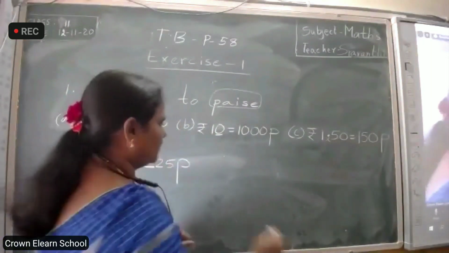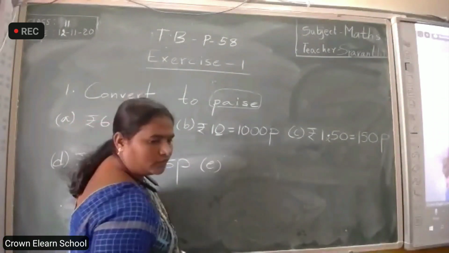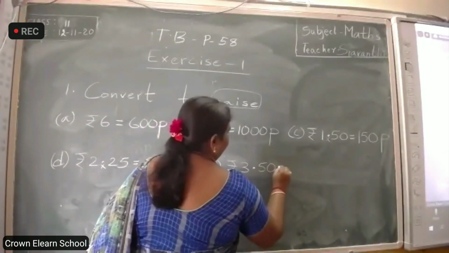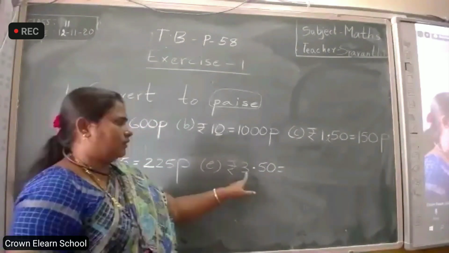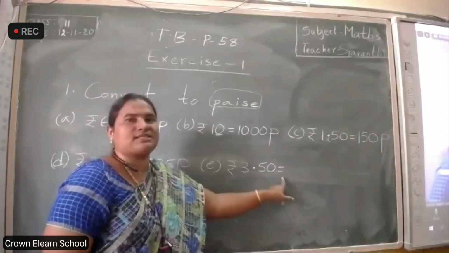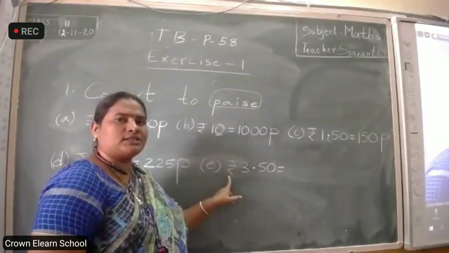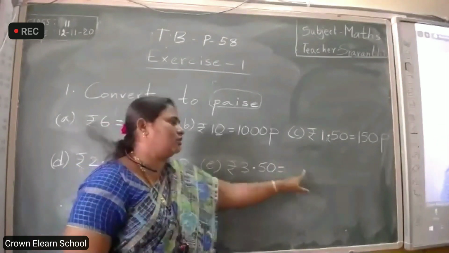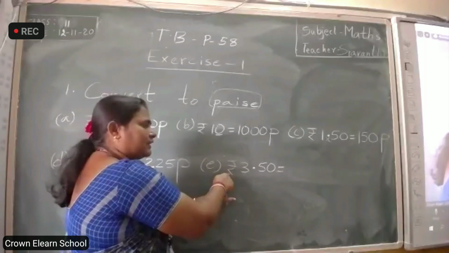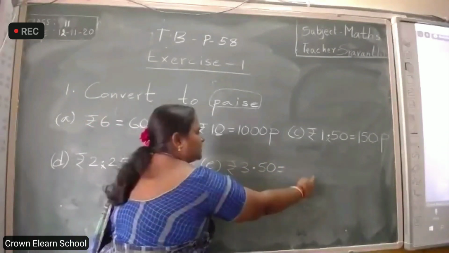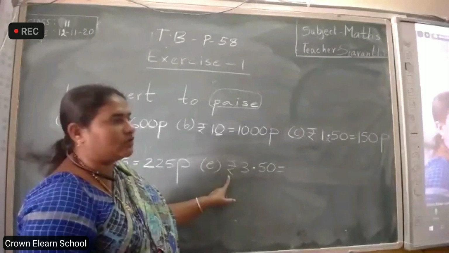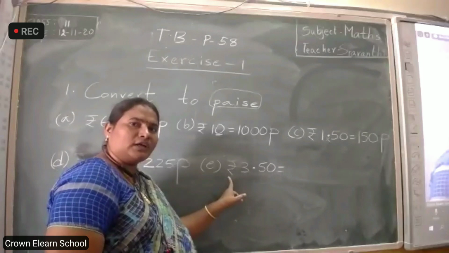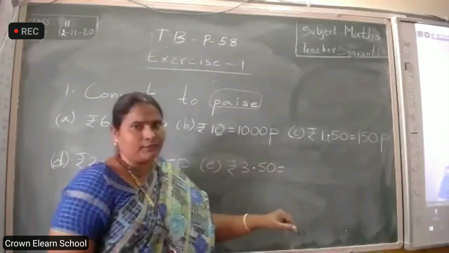The next one is E. Can you read this? Read, ma. Dot is there, one side rupees, other side paise. 3 rupees, 50 paise. Okay. Convert into paise. Only rupee symbol is there in the question, so it changes to paise symbol. We know that now we are converting into paise. Rupees are there in the given form. We are converting into paise. Okay. So let us write